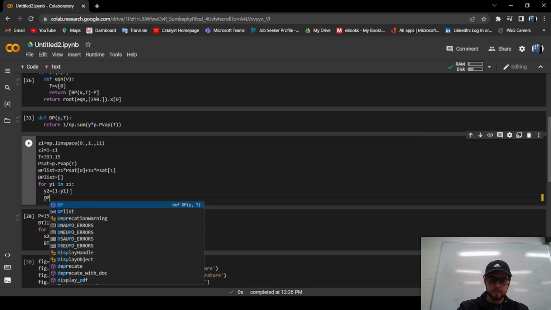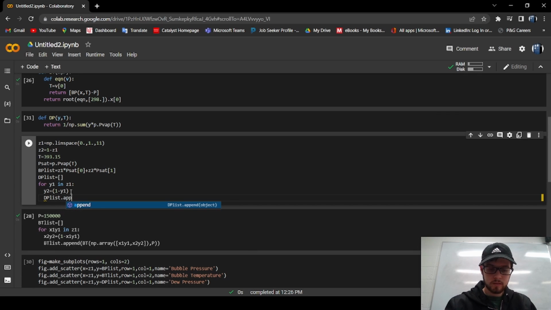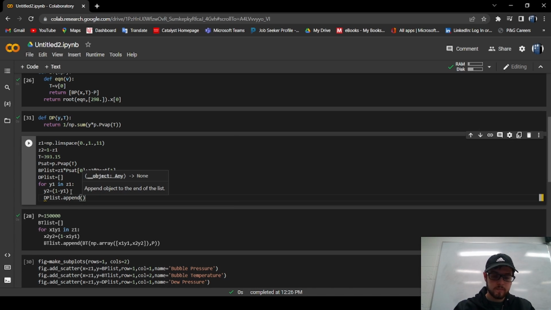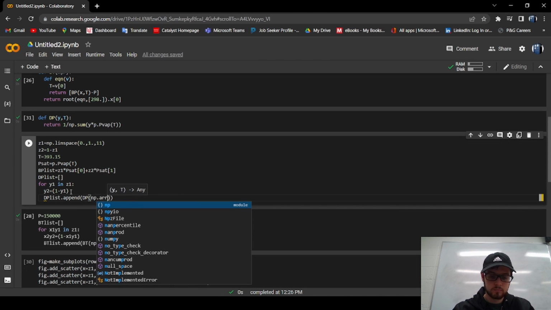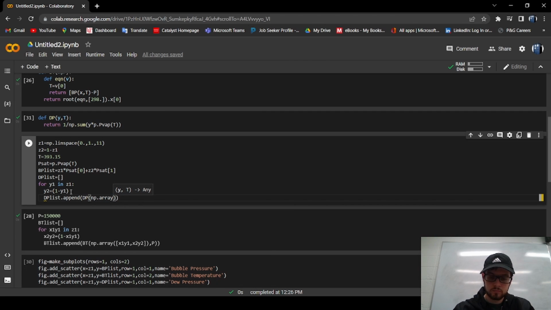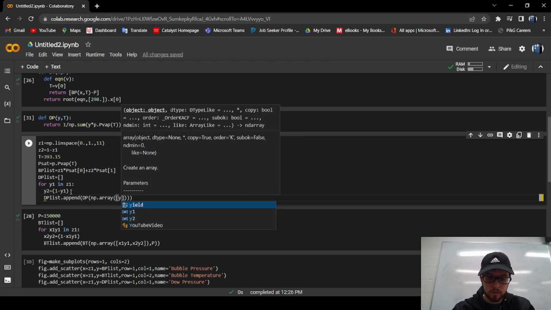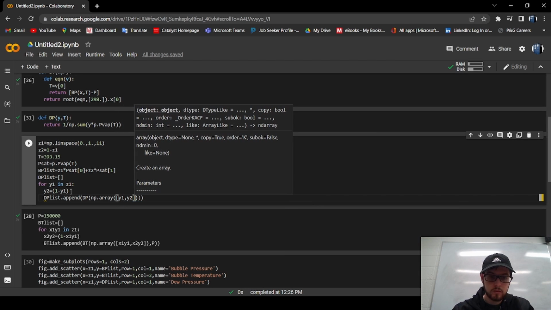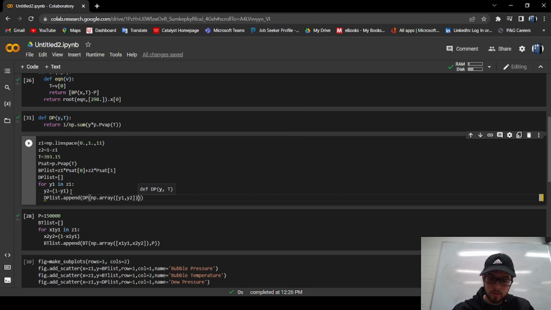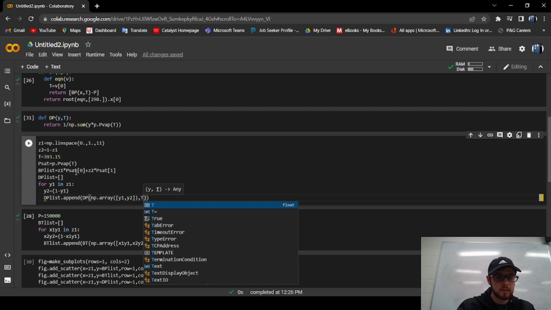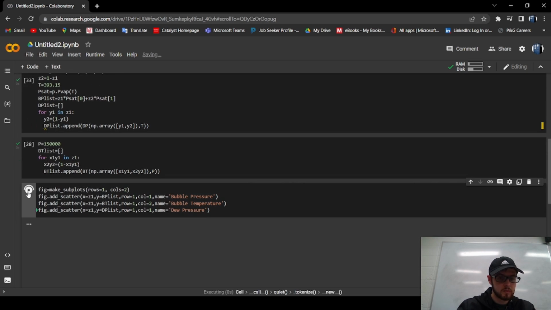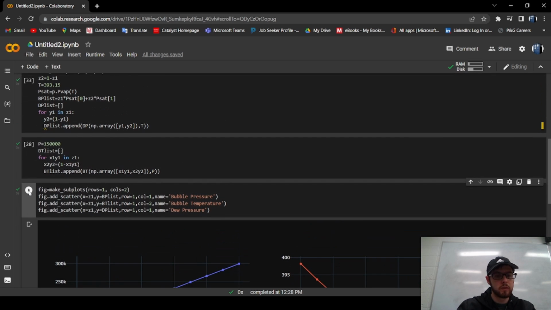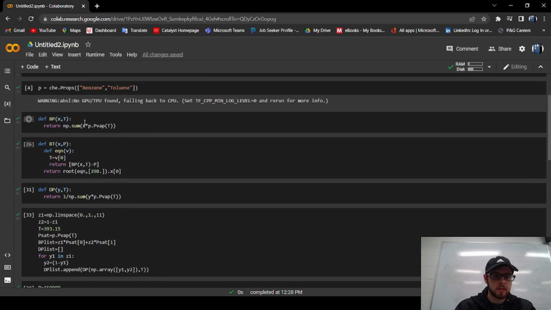So dew point list dot append, and I figured out from my last failure that I just need it to be this, and have it dp of an array. And then it's y1 and y2, comma, temperature, because I believe that should be it. No, that is, hang on, I messed this up. I'll figure that out in a sec. I can just power forward